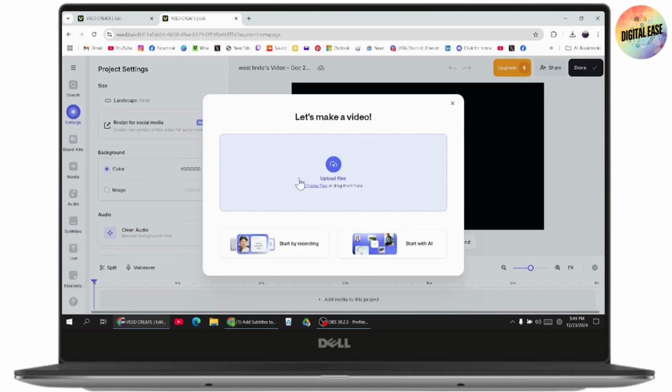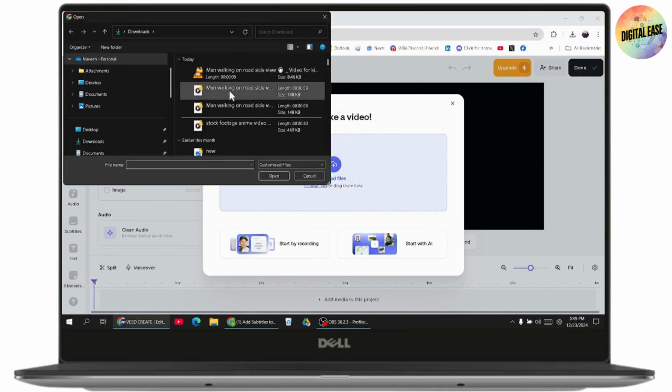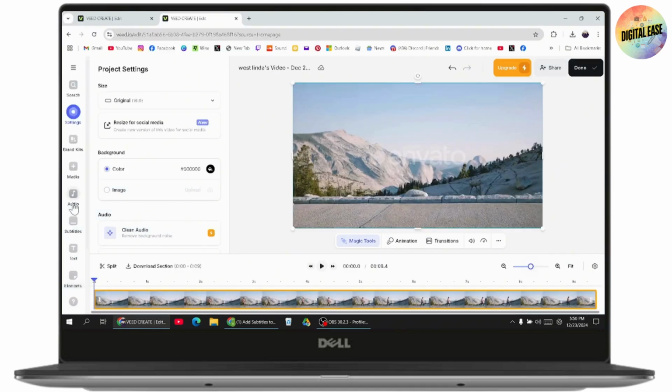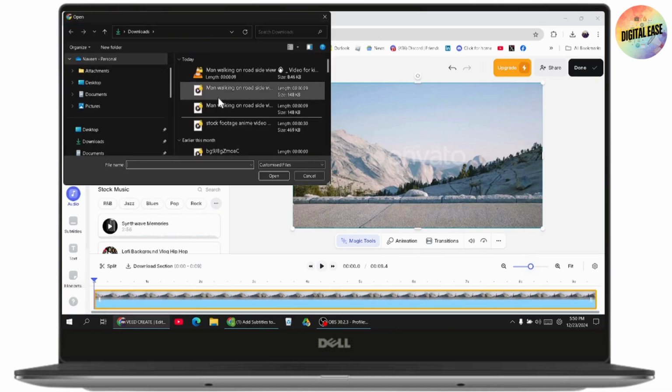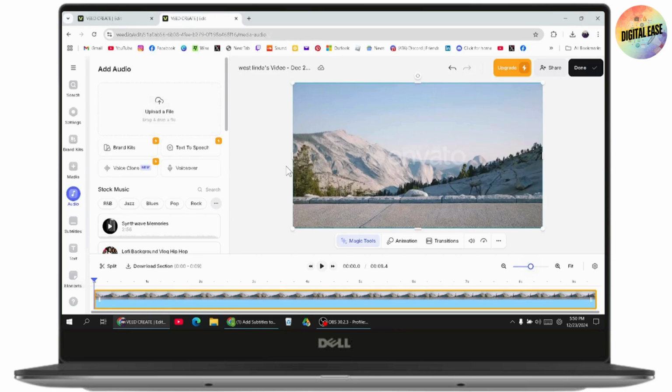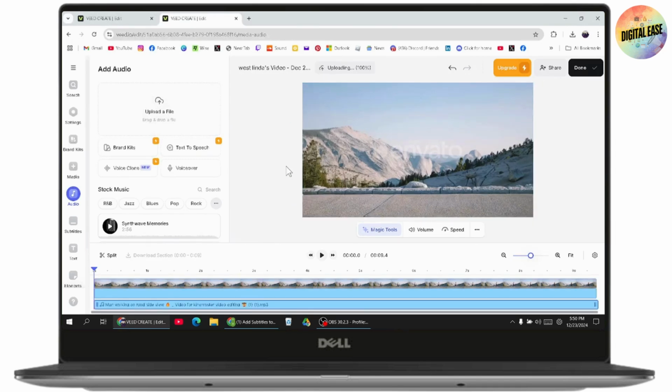a new project. And once you're here, you can simply upload some files. So just simply go with upload files and upload your file. Once you upload it, you can also go with the audio section and then simply upload an audio file. Go with audio and then add something as an audio. And once you have your audio, if you want to add the subtitles to it, you just need to simply